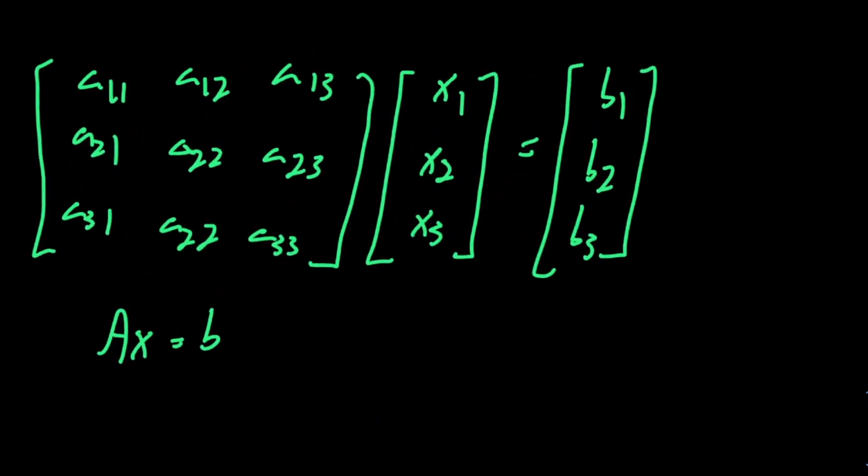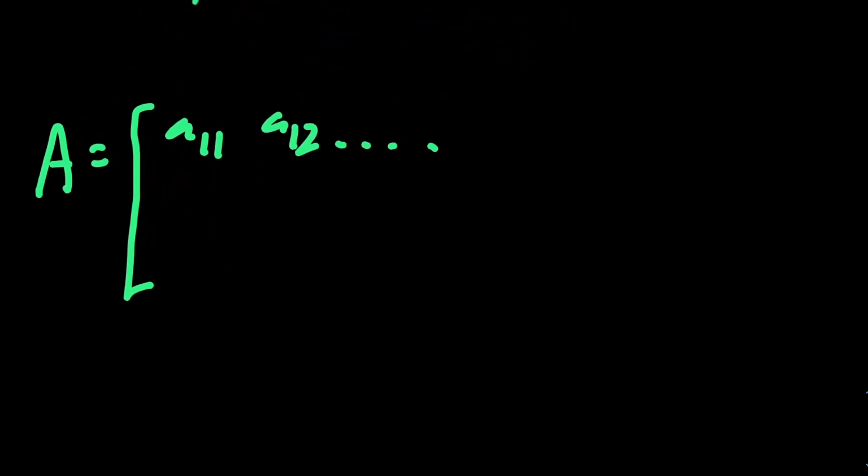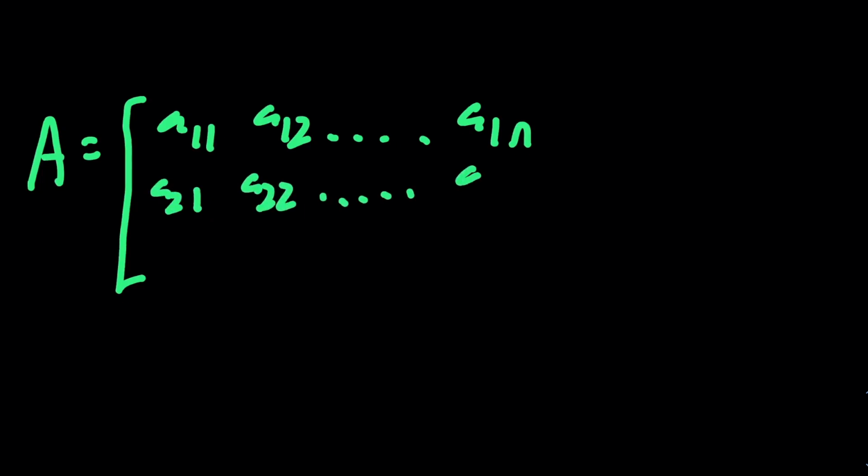So here we have our system of equations that gets turned into an augmented matrix. Now, fundamentally, A is equal to a matrix of A sub 1,1, A sub 1,2, all the way down to A sub 1 times however many columns matrix A will extend to. And we can do the same for the other rows, where the second row is A sub 2n,